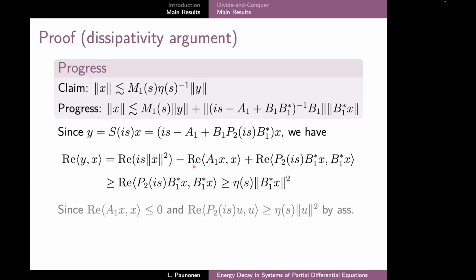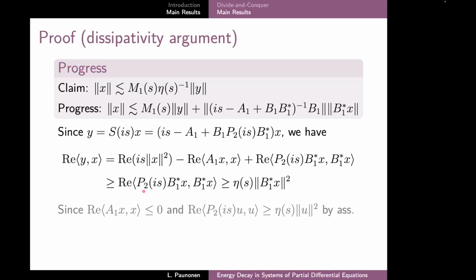In the second term, we encounter a real part of this inner product, which was exactly part of the definition of the dissipativity of the operator A. So because the real part is always non-positive, we can estimate this term from below by 0